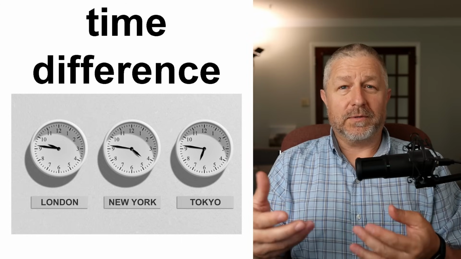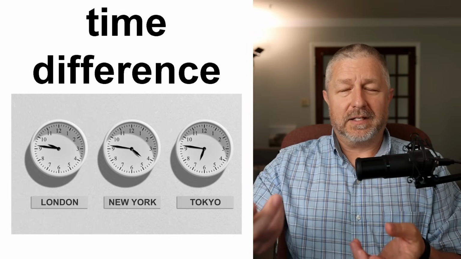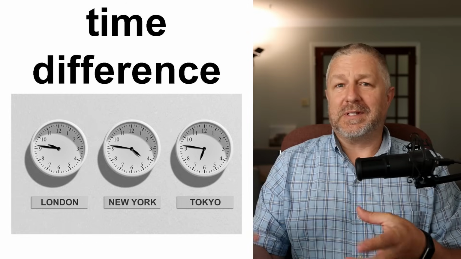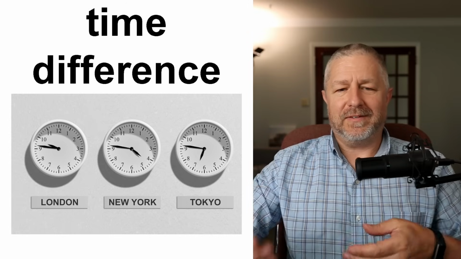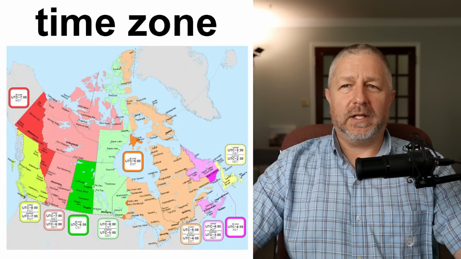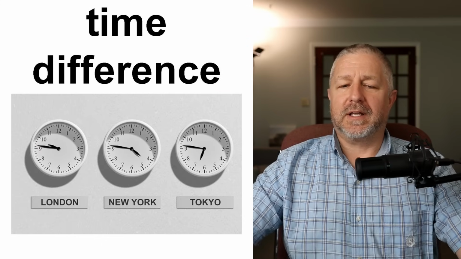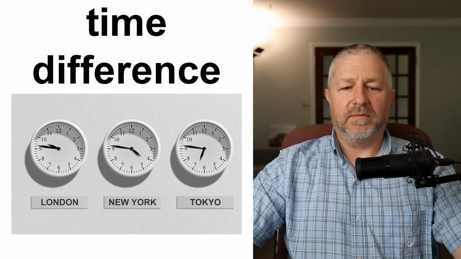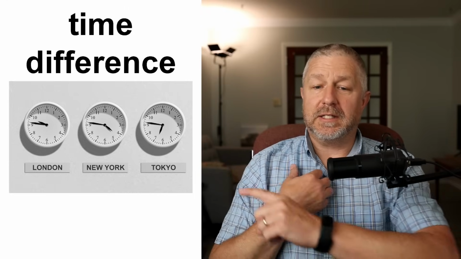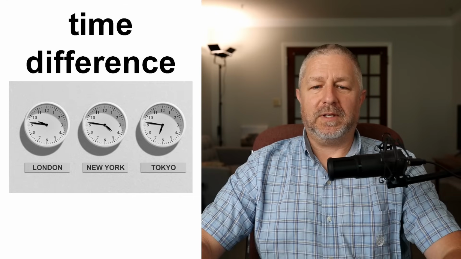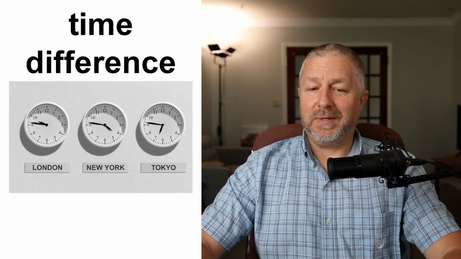So the other day, I was talking to my friend in France, and they reminded me that it was evening there, even though it was 11 a.m. here, or early evening there. So when you talk about the time zone that you are in, you often also talk about the time difference between where you live and someone else lives. By the way, my time zone is the same as New York. New York is in the same time zone as me. So there's no time difference between me and New York City.